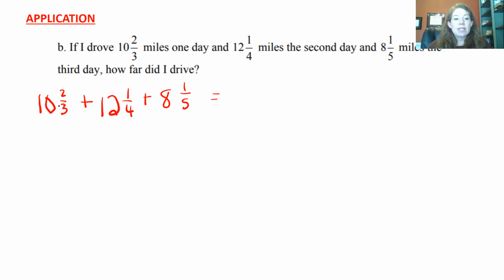So for example, let's look at the denominators 3, 4, and 5. And by the way, if you change these into improper fractions and then find common denominators and then simplify, you're going to get the same answer. All right, so 4, 5, and 3. So let's go ahead and list some multiples. So 3 times 1 is 3, 3 times 2, 3 times 3, 3 times 4, 3 times 5, 3 times 6,